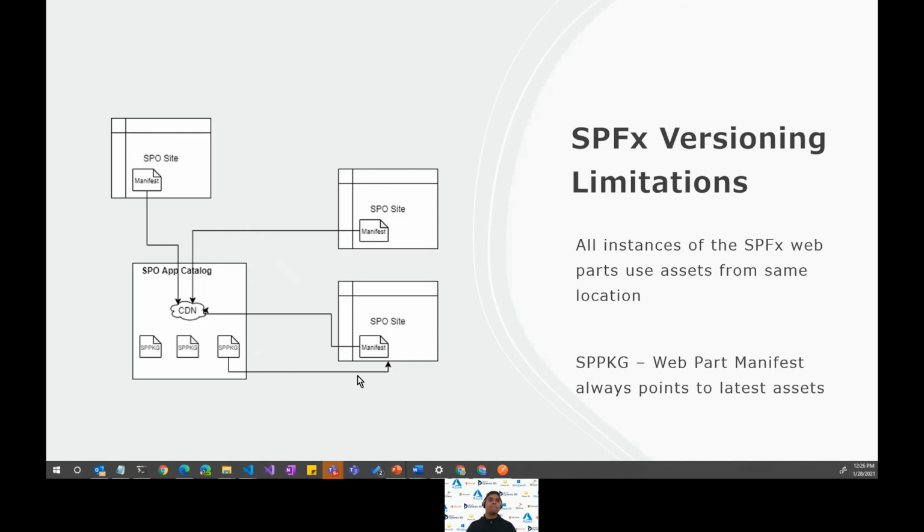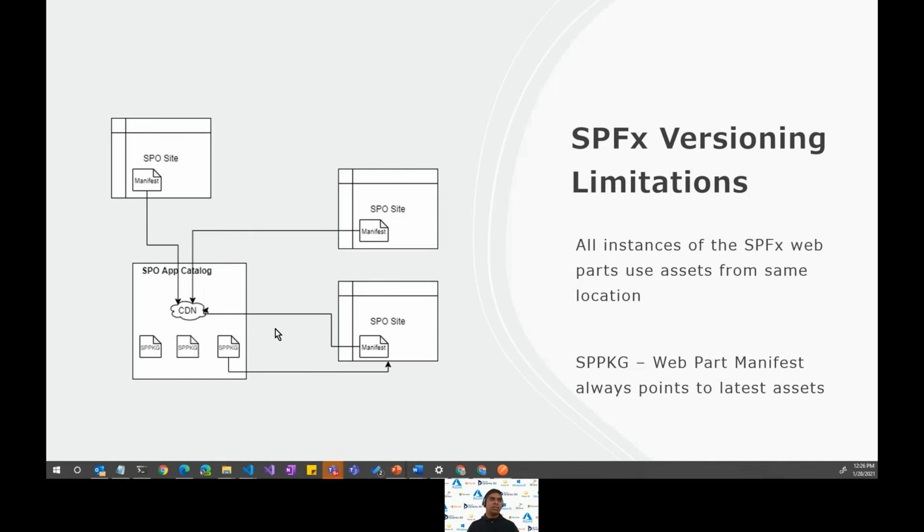In this manifest file, there are references to the assets; those JavaScript files are referred back to the CDN location, which again exists in the app catalog site. Same thing: there's a new site tomorrow, the manifest gets pushed there, and that points to the same location, and so on and so forth.